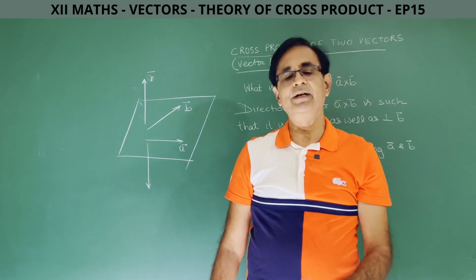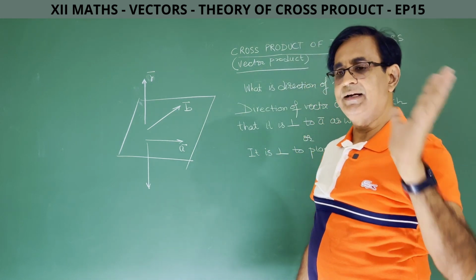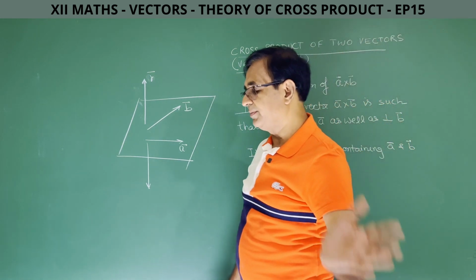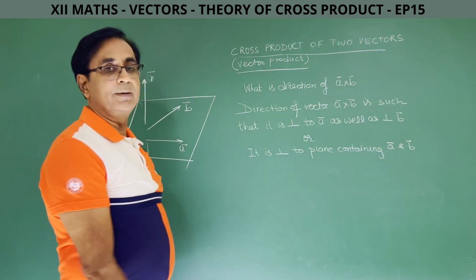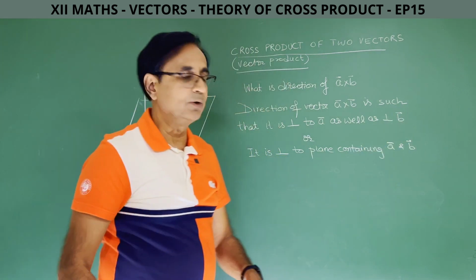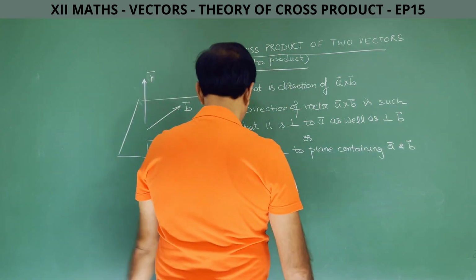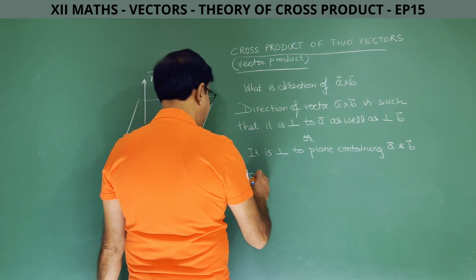What is its direction? The direction of A cross B is such that it is perpendicular to vector A, perpendicular to vector B, or simply you say it is perpendicular to the plane containing vectors A and B. Vectors A and B will always be coplanar. So let's take a